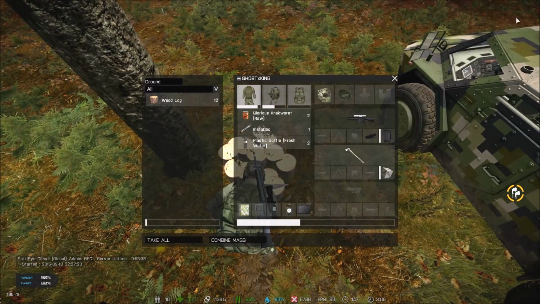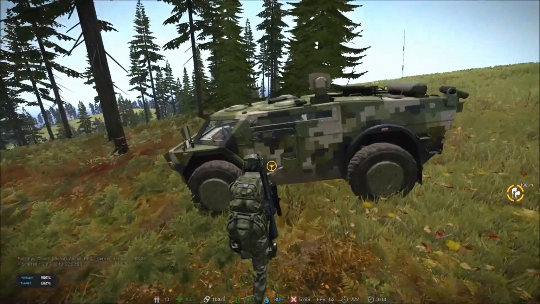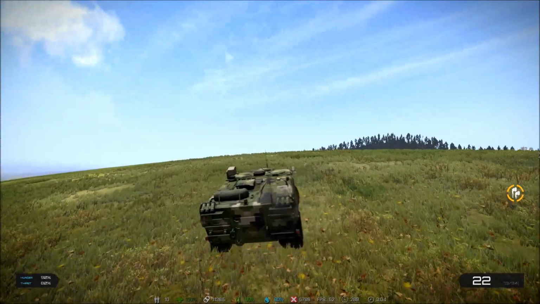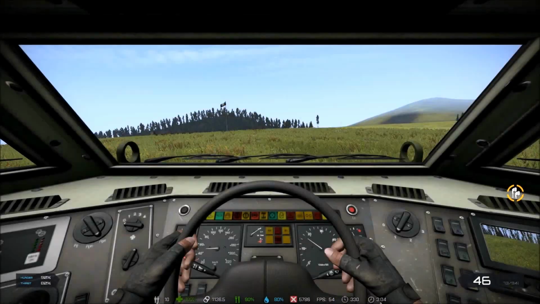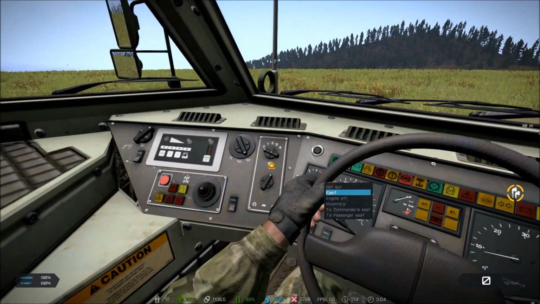Once you get some glorious wood, you just grab it in your inventory, and we'll go back over here to a base. Driving the Strider. I love this thing. So pretty. But anyways,